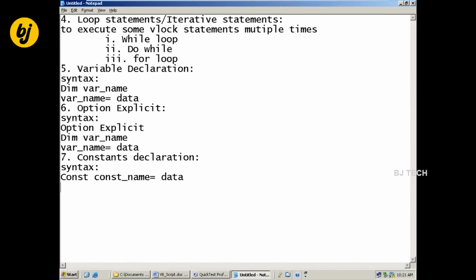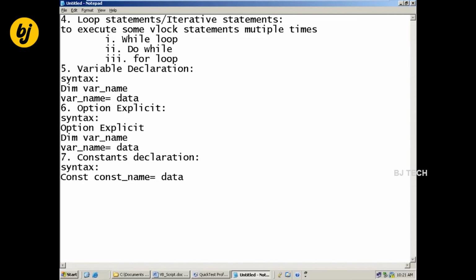In one line, we have to do the whole thing: declaration and assigning the value. You try this one at home and tell me what happens. Do it and tell me in the next class. But I give the syntax that we have to follow.